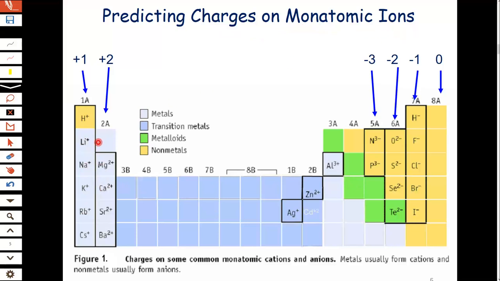So, for example, we know that if an element is in the first group of the periodic table, it will be only and only a 1 positive charge ion. We'll never have a sodium 2 plus. Sodium, if it becomes an ion, will form a Na plus ion. Okay,